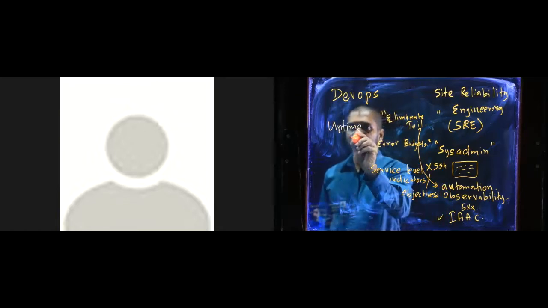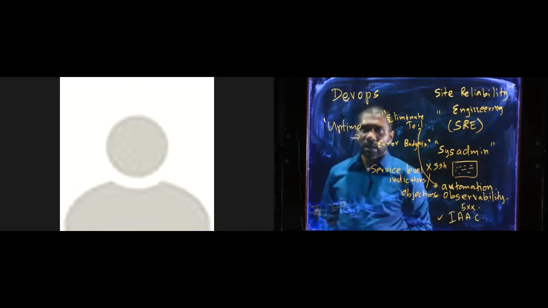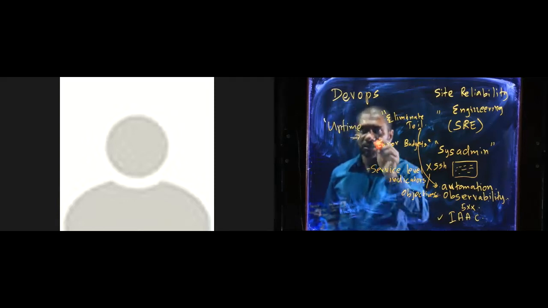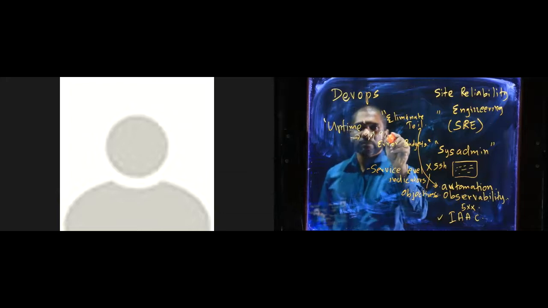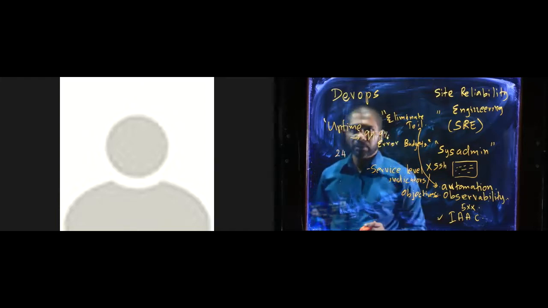So I want my website to be up. Whatever up means, you have to define up as well. It can be up and malfunctioning, but up usually means up and functioning. I'll say 99.9% of the time. So that means for a day, what's my error budget? This is my service level objective, 99.9% uptime.